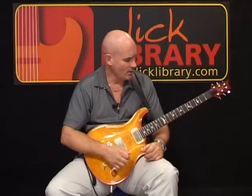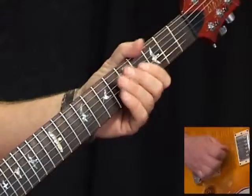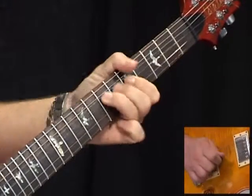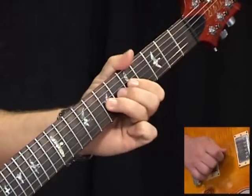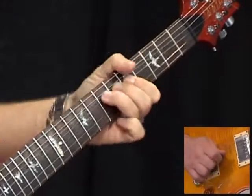Now, before I get into loads of other triplet licks, although I'll show you a couple of bending ones here, we bend the note up, release it and then pull off. 1 and a 2 and a 3 and a 4 and a...